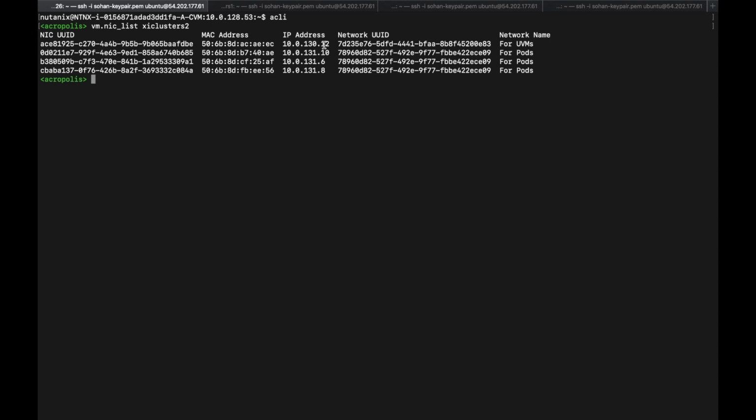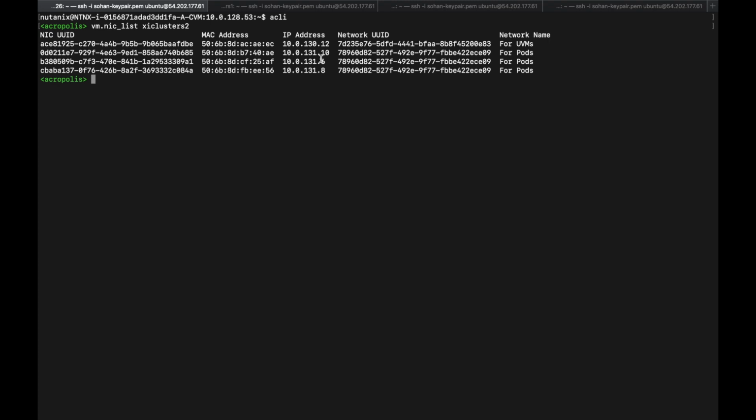The 130.12 is the IP of the node, and 131.10, 131.6, and 131.6 belong to the pod subnet. We wanted to separate the pod and the VM subnet because we wanted a separation between the control plane and the worker nodes. Here, number 2 and 3 are the worker nodes, so we attach the VNICs.